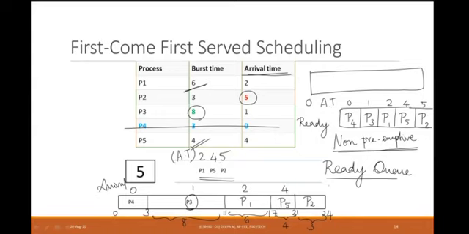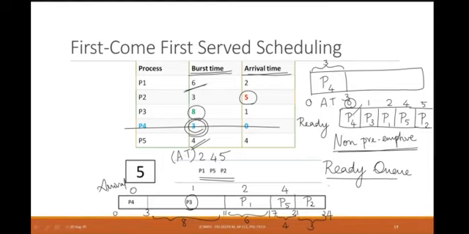Now I am going to put 0 time. What is the process? There is no process in your CPU. So P4 has arrived at 0 time, so I am going to give P4 onto my CPU. Okay. P4, how long will it spend in my CPU? That is given by my burst time. So 3 seconds or 3 whatever it is. So until 3 it is going to spend in my CPU. So for 3 time units P4 will spend.